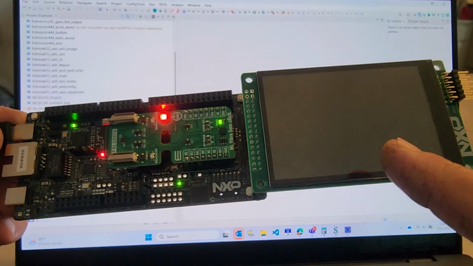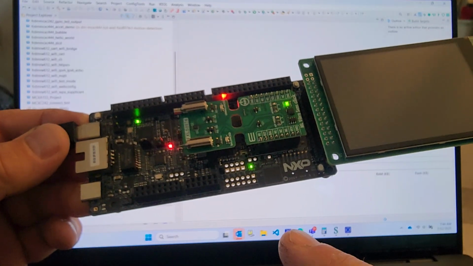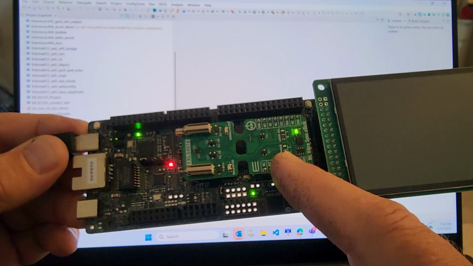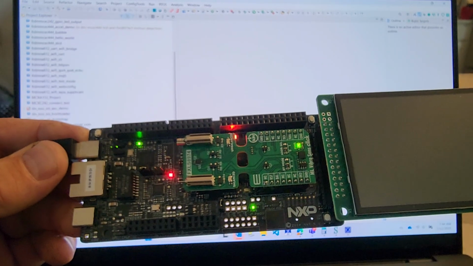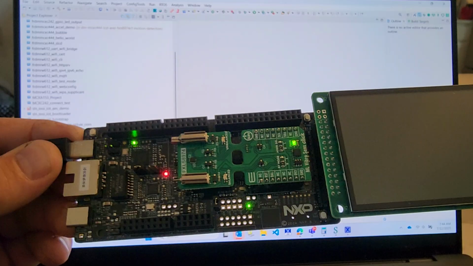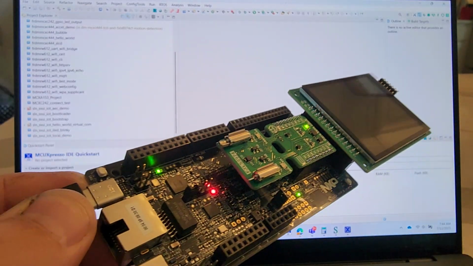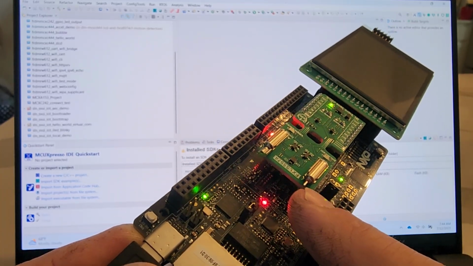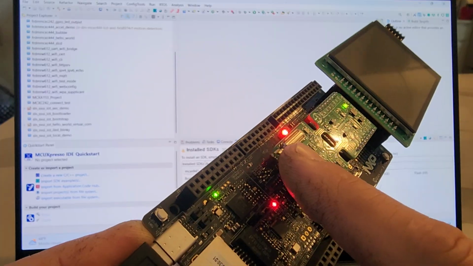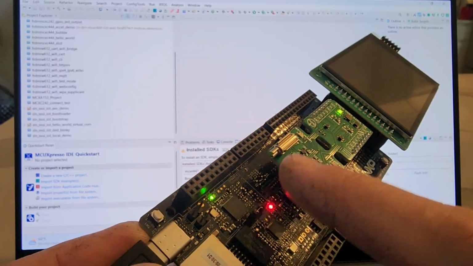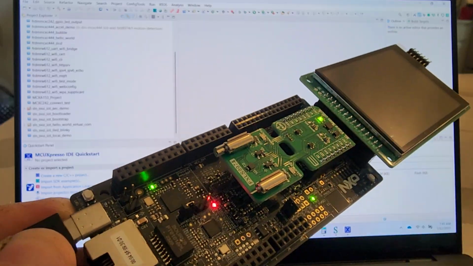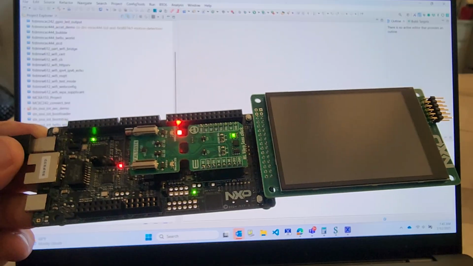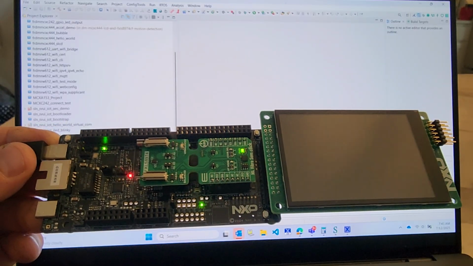One is an LCD display module, one is the actual MCU module, and then the third is a little motor board that we're going to use. On the end of the motor shaft, this one would be a nice smooth rotating motor. This one has a little lopsided weight on it, so it's going to make some vibrations, and we're going to use this module right here to showcase some of the